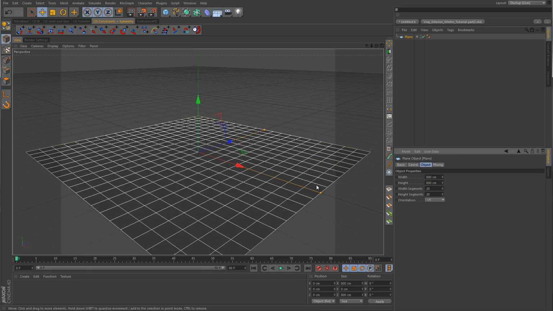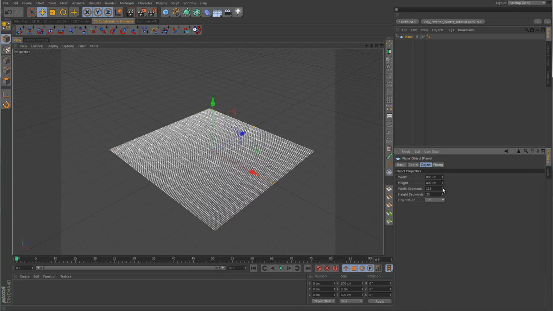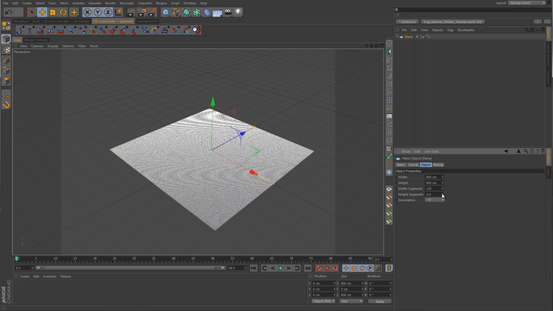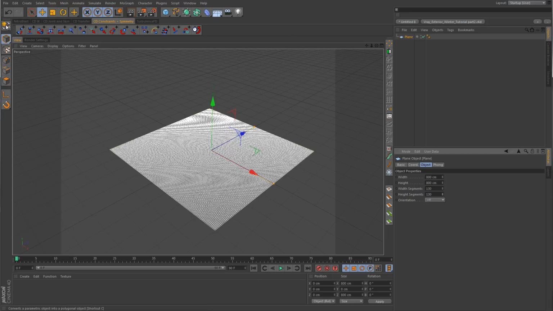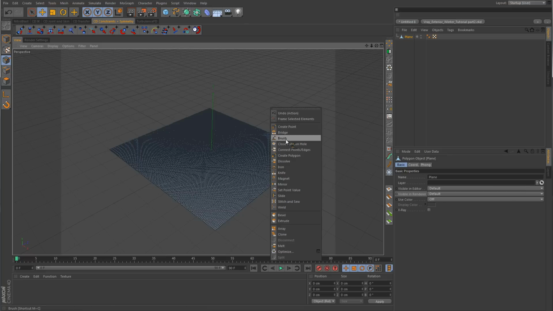Now, this is where you need to be careful because your polygon count is quickly going to go through the roof if you don't watch this. So I'm going to take the width and the height segments and go up with those to about 130 by 130. All right, need to make that editable. Go into point mode, grab the brush tool,